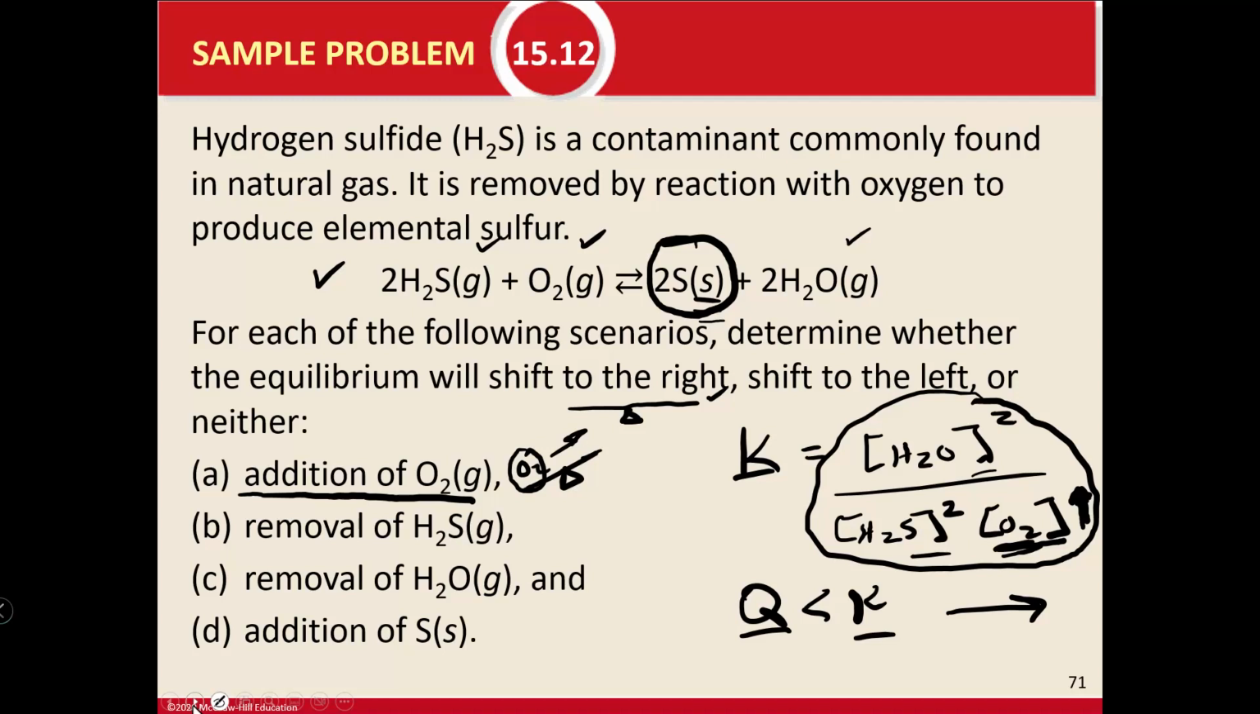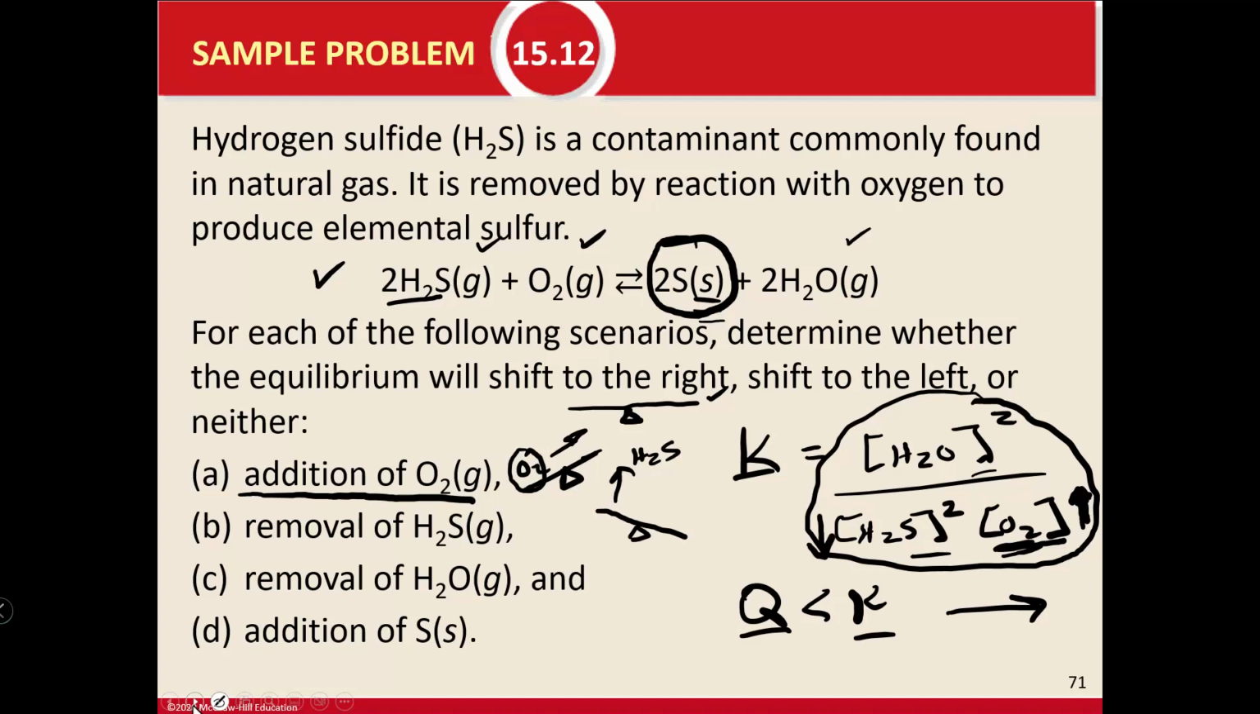All right, let's look at the next one. The removal of hydrogen sulfide. So here's hydrogen sulfide. It's on the reactant side. We were at equilibrium, and now we're going to remove the hydrogen sulfide. So we removed hydrogen sulfide. That makes the reactant side less than what it should be. So if we remove hydrogen sulfide,